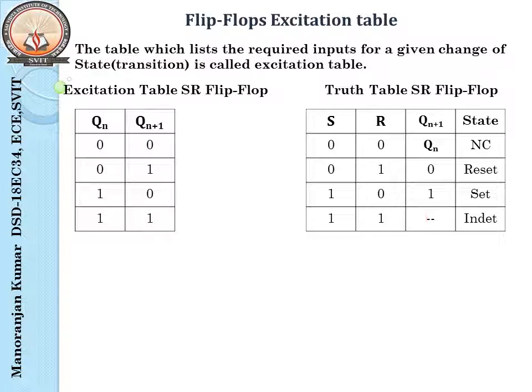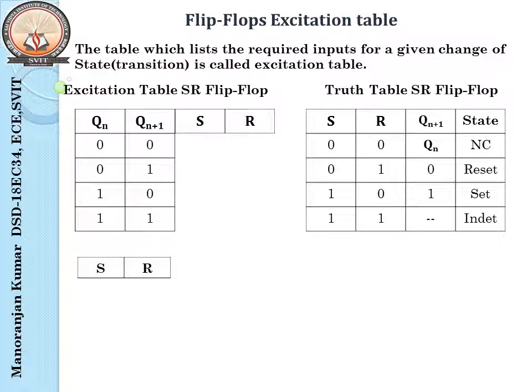With the help of this truth table, we'll try to find the input value for the given output condition, that is Qn and Qn+1 values ranging from 0 to 3 here. We'll take them one by one. What you can see here is that in the first case both Qn and Qn+1 are 0 0. By seeing these two values, we can easily understand that both values are the same. That means the present state and next state values are the same, so we call this particular state the no change state.